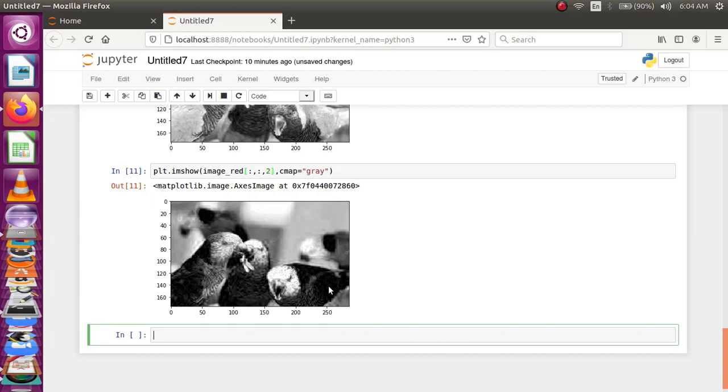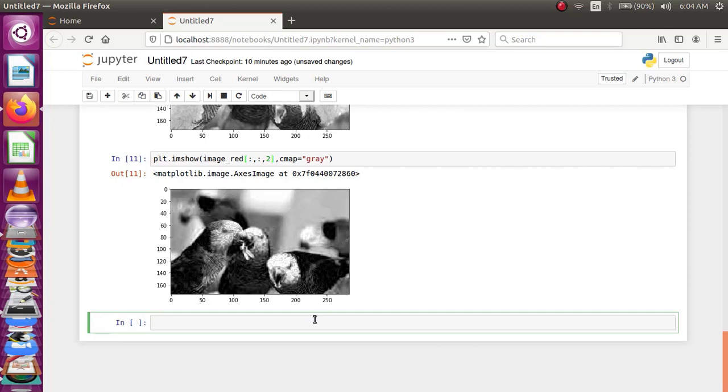Now, if we want to extract the red channel information alone, then we have to make a copy of the image which has all the 3 channels and set the rest of the 2 channels, green and blue, to 0, so that you can view only the red channel information. Let's start trying. The first step is to make a copy of the image. I am naming it image underscore red.